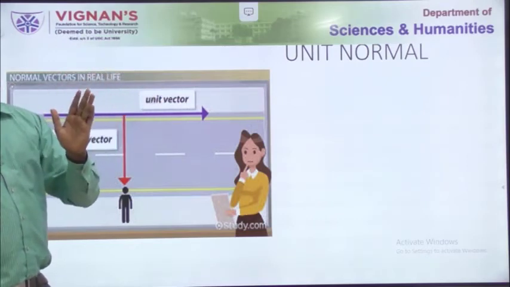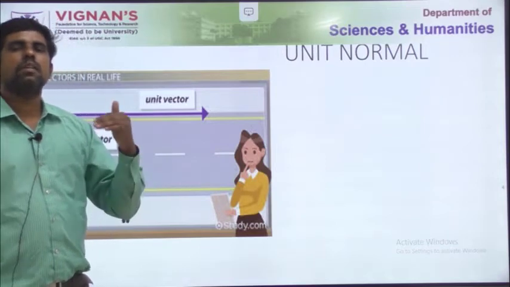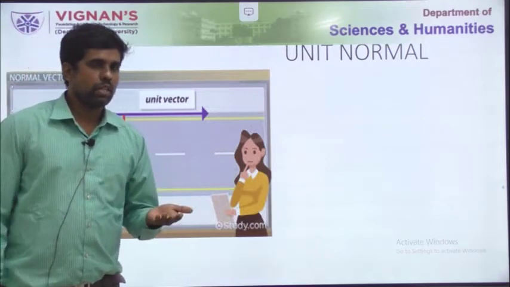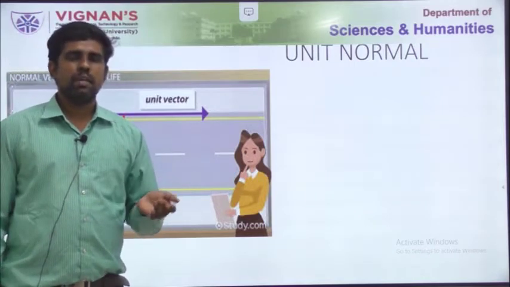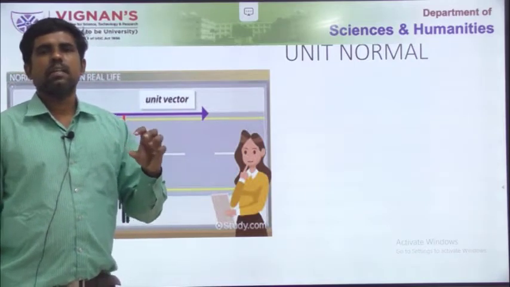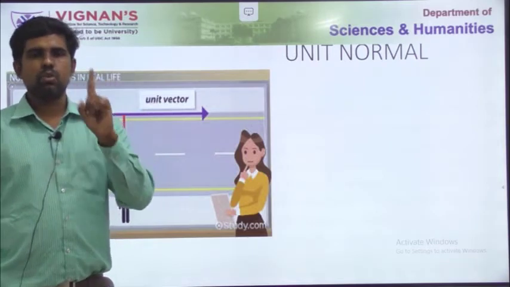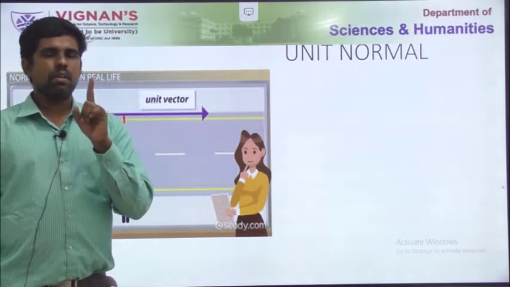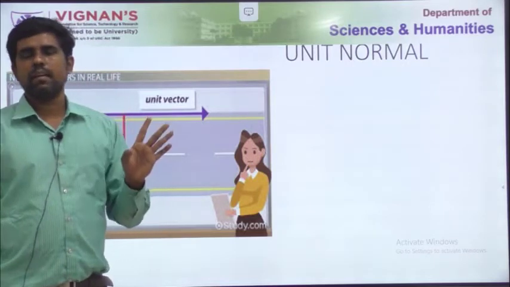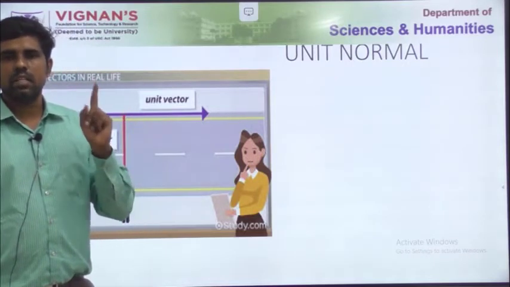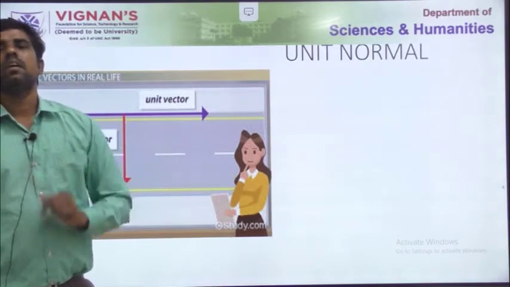So perpendicular vector means the distance may vary. Okay, it may be 2. Suppose if I am considering the problem in centimeters, it may be 2 centimeter, it may be 4 centimeter, 5 centimeter, but unit means 1. Okay, depending on the unit, but the answer will be 1. It may be centimeter, it may be meter, it may be kilometer. Okay, so the distance will be 1. For that normal vector, distance will be 1.